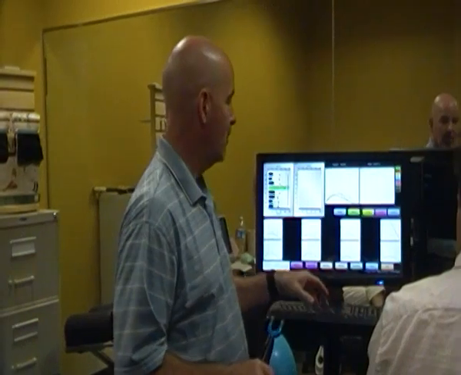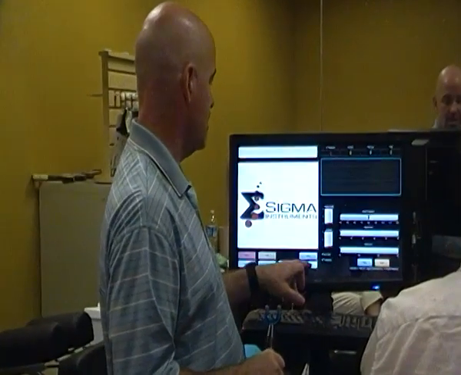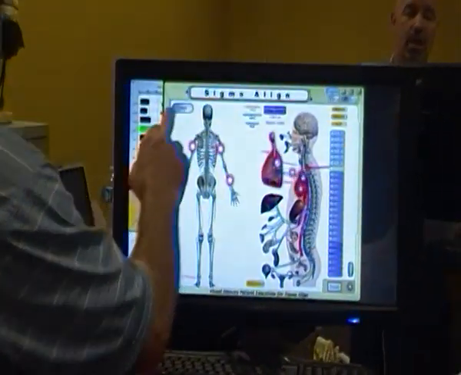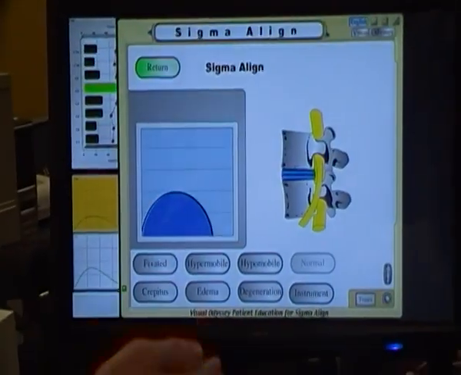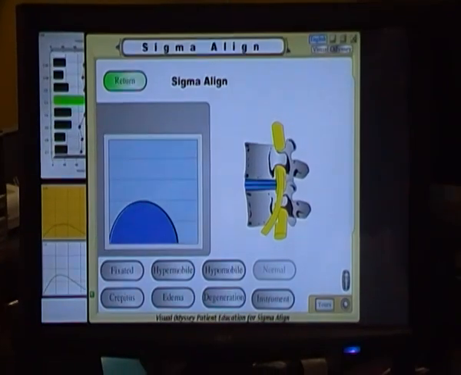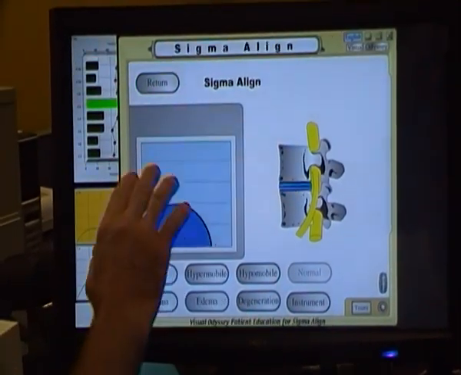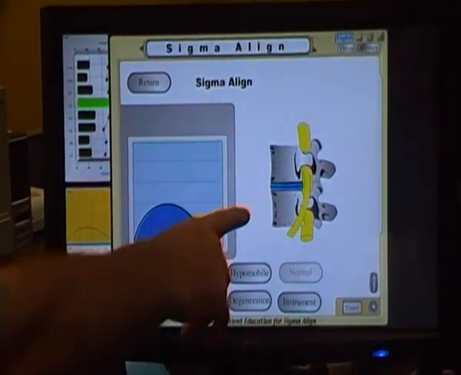So we've established what the ideal motion characteristics are of a normal spine, how fluid or how flexible it's supposed to be, and we know what those numbers are. There's a patient education system on here for that. So if we're looking at our graph and we get a nice, even, accurate graph with the right amount of stiffness, then we're fine. If the curve goes up to an apex and comes down and it's nice and smooth, that's ideal spinal